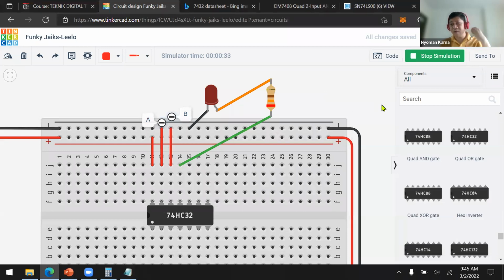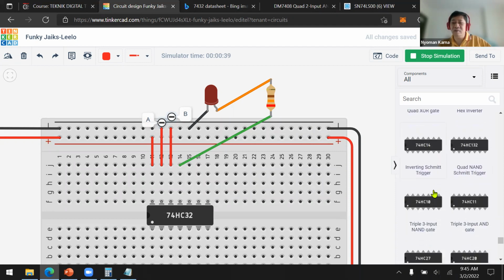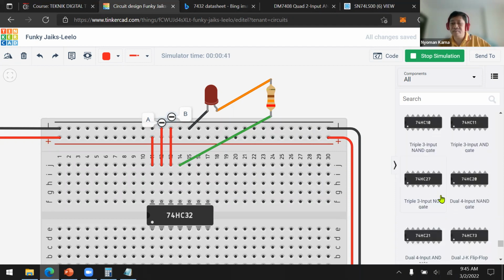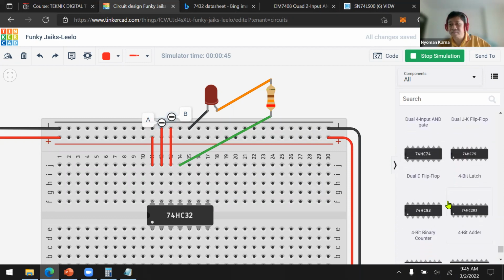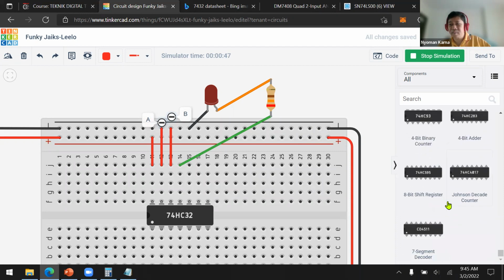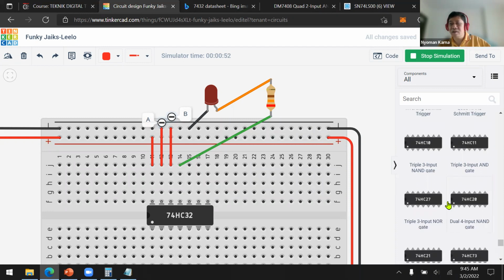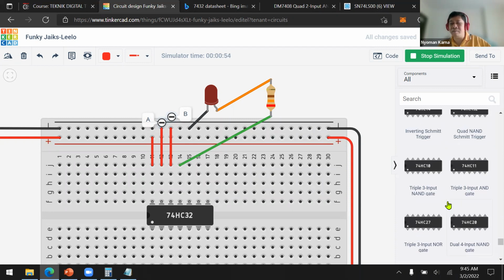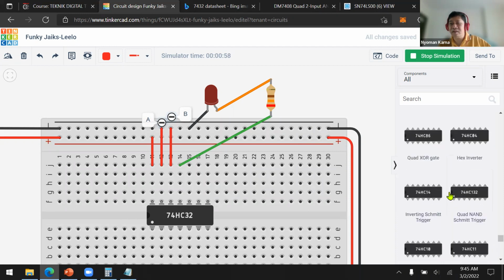Well, you can try it by yourself using the AND gate, the inverter, and also, what else? XOR gate. Do we have an XOR gate in here? No, probably not. Only NOR, NAND, and inverter.